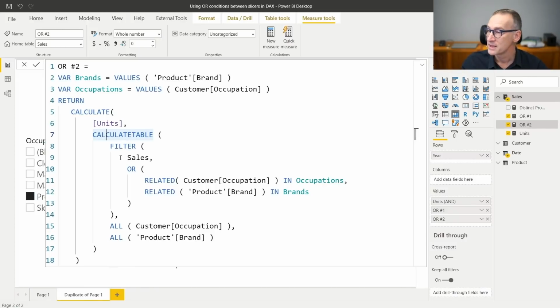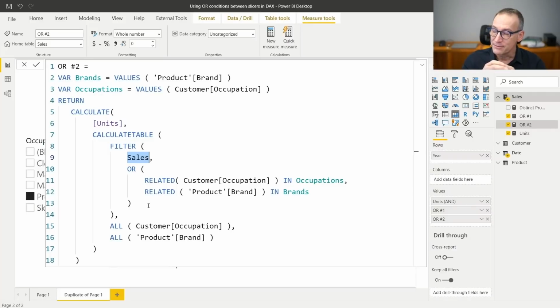Well, the main problem is this filter over sales. I'm filtering the entire sales table. And when I mean the entire sales table, I mean the entire sales expanded table that is extremely large. So the optimizer might be able to work on my code and produce something good, but it is very likely that it will not be able to optimize it the best way, and so my code will be suboptimal. Suboptimal basically means slow. Filtering sales, filtering an entire table is quite always a bad thing.